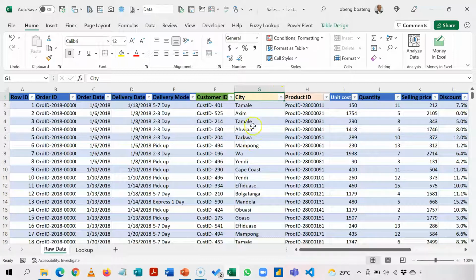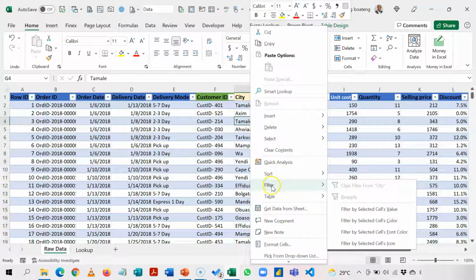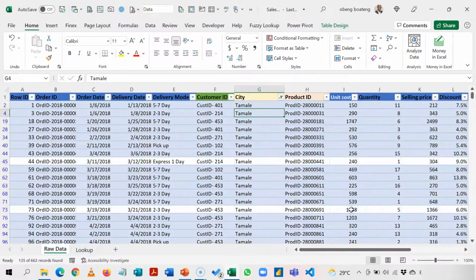Another way you can filter Tamale is to select any instance of Tamale. Right click. In the right click menu, you see filter, and then you filter out Tamale in this way. Either way, the goal is to be able to see only Tamale transactions. After you've done step 1, locating the criteria range, step 2, filtering out the criteria, the third step is to